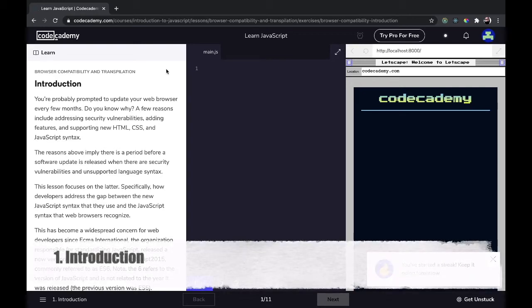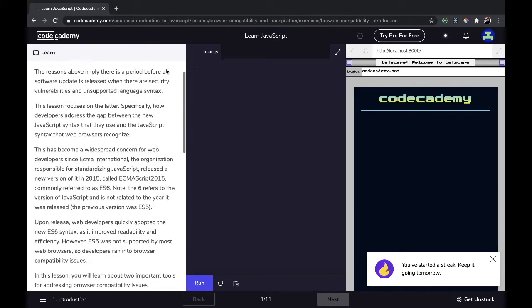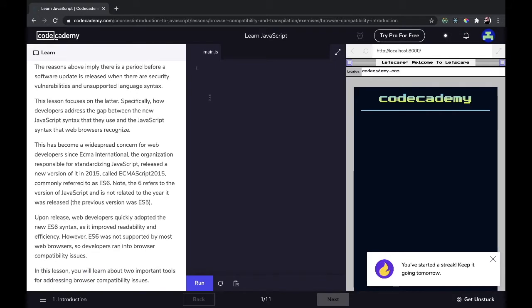Browser compatibility and transpilation. Introduction. You're probably prompted to update your web browser every few months. Do you know why? A few reasons include addressing security vulnerabilities, adding features, and supporting new HTML, CSS, and JavaScript syntax. The reasons above imply there is a period before a software update is released when there are security vulnerabilities